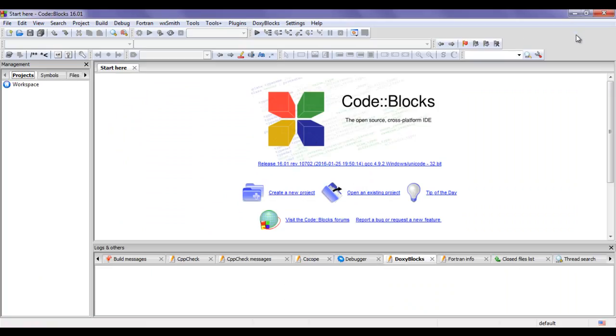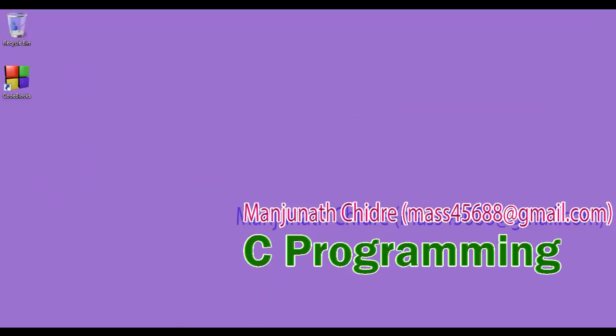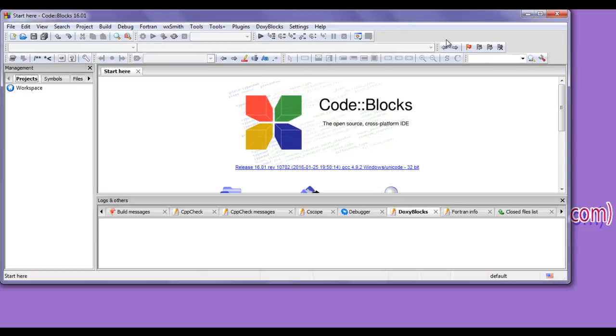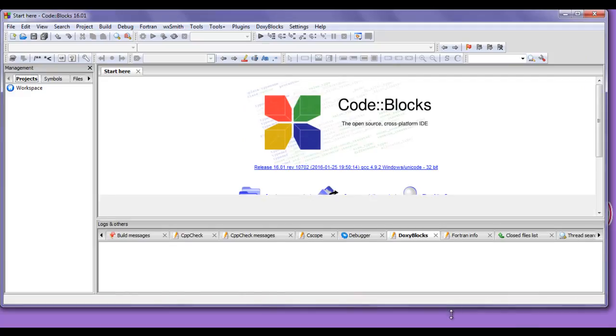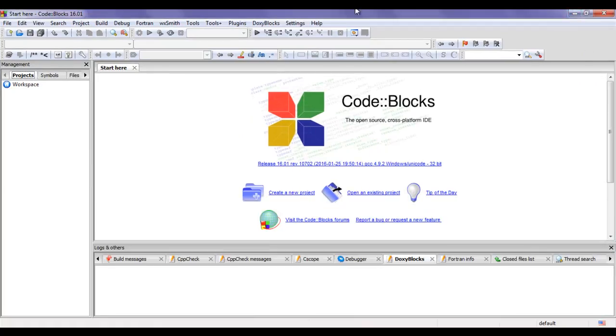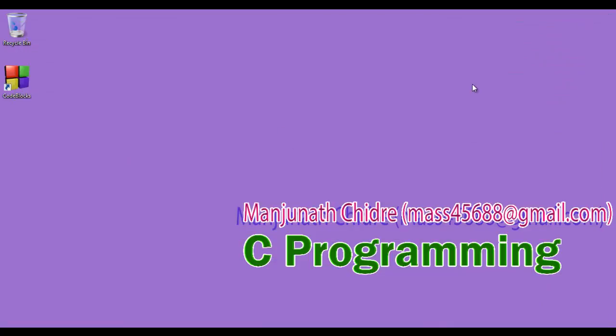On the right hand side, we have a few buttons. We have the minimize button. If I click on it, the CodeBlocks IDE gets minimized. I open it again. If I click on the restore button, you can see that the restore down button is there. If I click on it, the window gets restored. In the restore mode, we know that we can resize the window according to our requirement. If I click on the maximize button, the window gets maximized. In the maximize mode, we know that we cannot resize the window. Also, we can close the IDE by clicking on this close button. The IDE got closed.